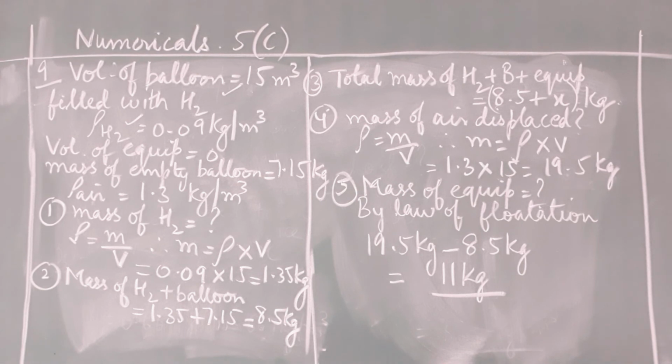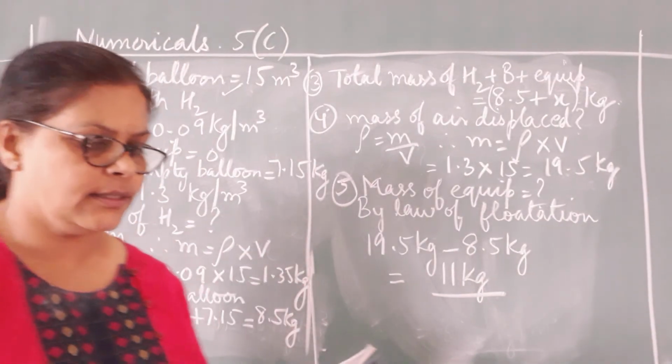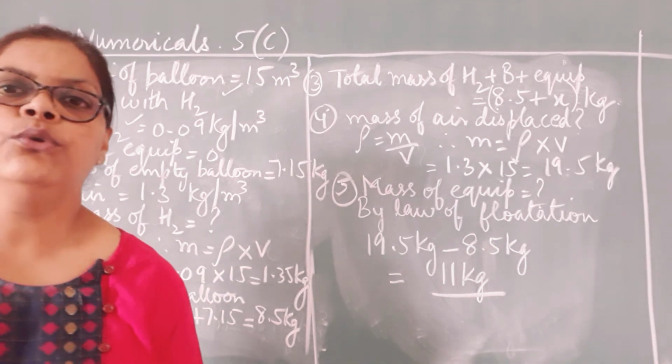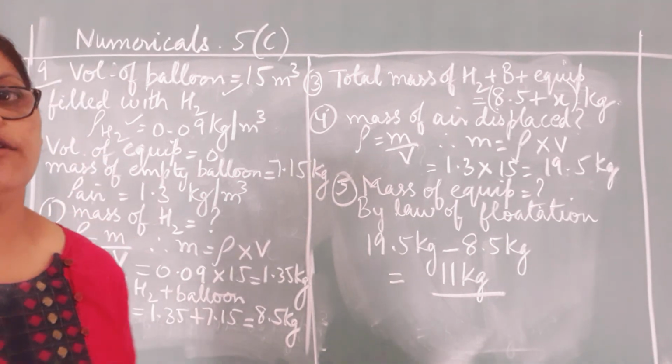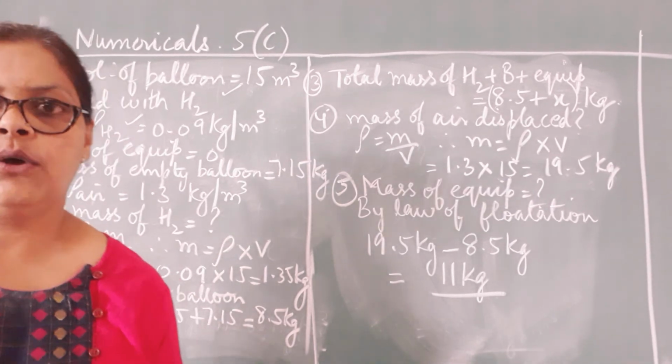So all the 5 parts are here for you children for question number 9. I want you to have a careful look, assess each and every part and try to understand how I have solved them. And with this I finished the numerical problems of exercise 5C. And children, I want you to solve all these numericals in your FAIR registers properly. Try to understand them, practice them, okay?